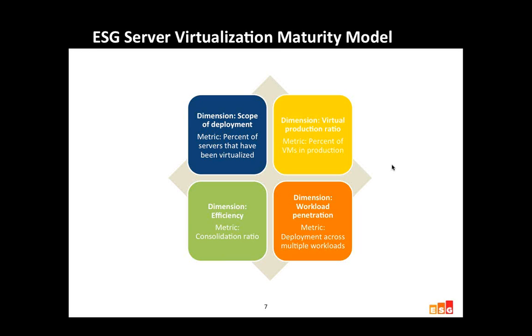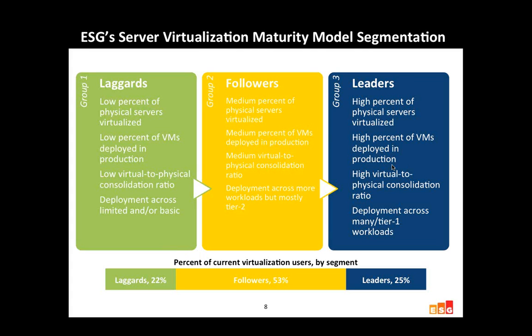Then how many of the virtual machines that you have are actually in production environments. And then finally, what types of workloads are executing on these virtual machines. And we categorized through those 4 lenses and through each distinct functional area within IT and came across a relatively simplistic methodology of categorizing the market in what we term laggards, followers, and leaders. And while you can read this at your leisure, and this is available throughout the industry at this particular point, the takeaway here is that